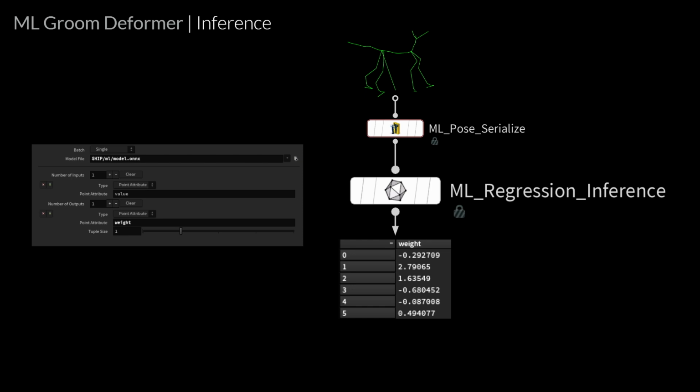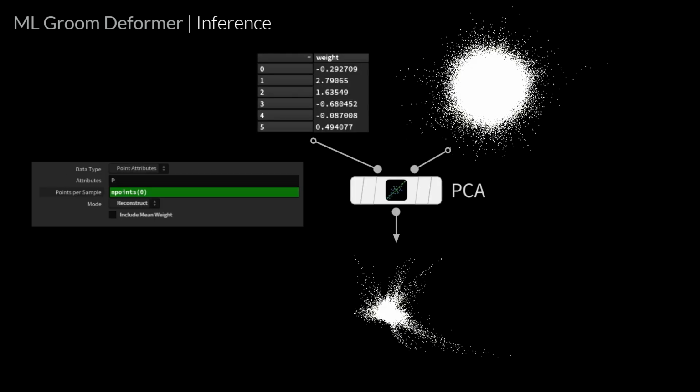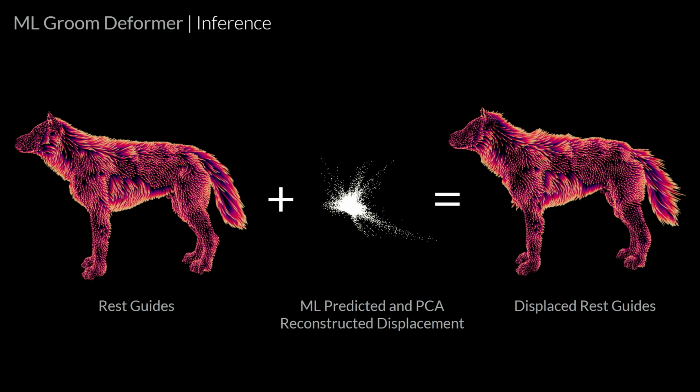And now we need to do everything we did before to prepare our data in reverse. So you have a new rig position you want to predict the groom position for. You again will serialize it, feed it to the ML regression inference node, which applies the model to your new data, and then receive back some new weights. Those weights you give to the PCA node, which reconstructs the displacement based on the weights and the components you calculated earlier. If you apply this displacement to the rest guides, you will end up with this not so nice looking groom in rest position,